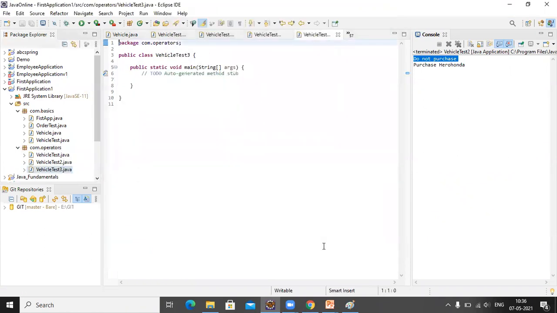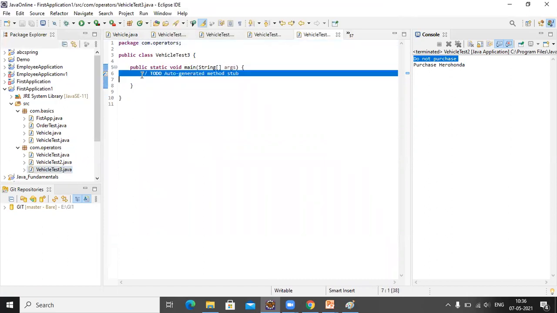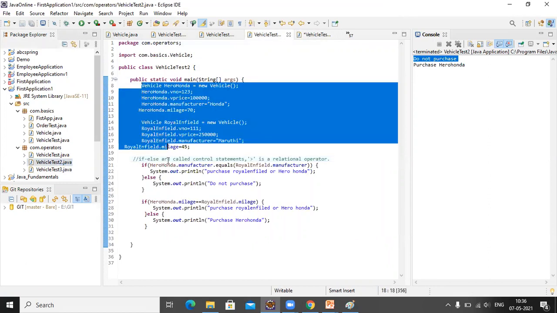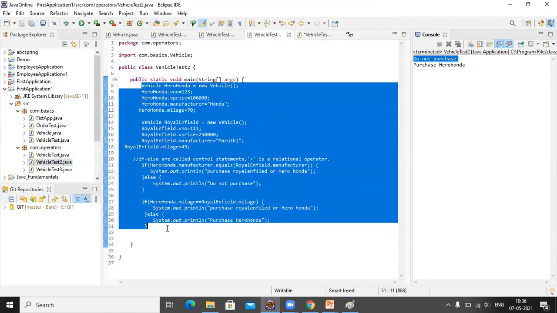Okay, we have created a new class and we want to see this ternary operator. So let us take the same example, how we will modify it with ternary operations.